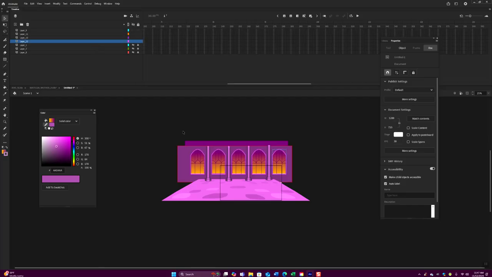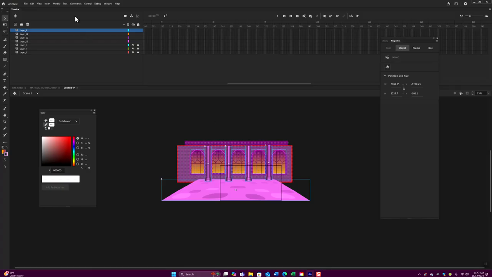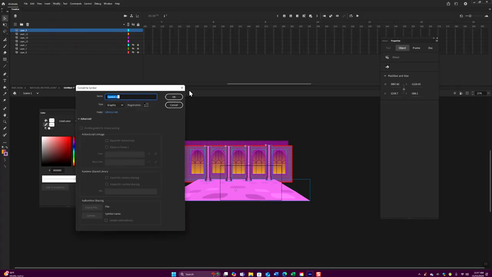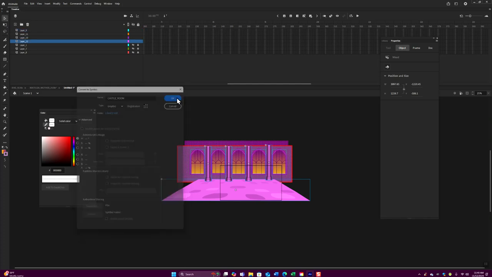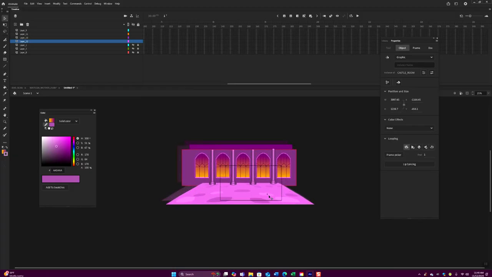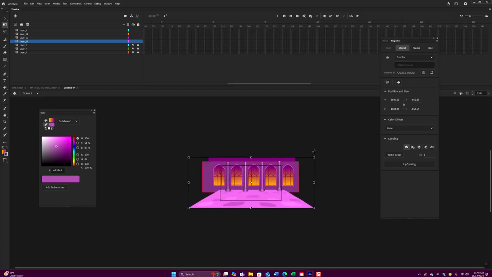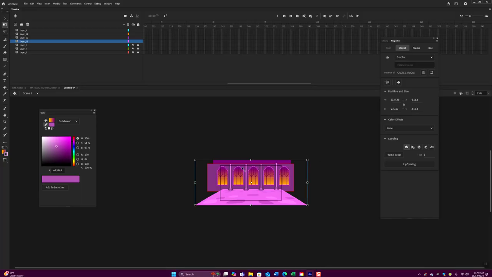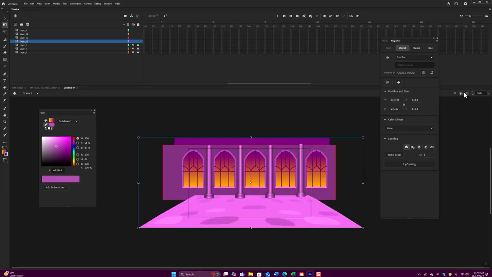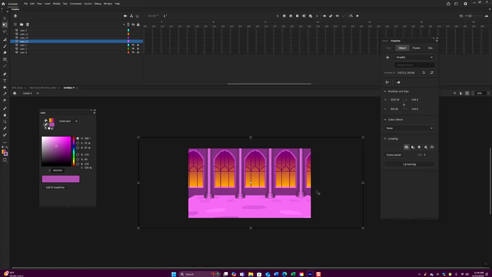Okay, so I'm unlocking those 4 layers I created. I'm going to modify, convert this to a symbol. I'm just going to call it my castle room, and I'm going to convert it to a symbol. All right, so now I can bring this thing down and maybe even shrink it down so it fits into my stage. And how do I know that? Because if I click way over here on the right, on clip content outside stage,